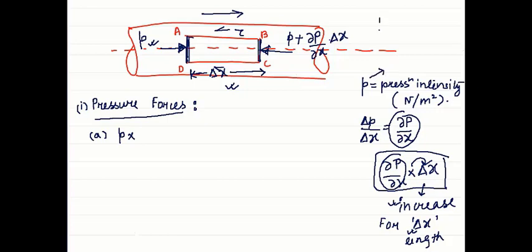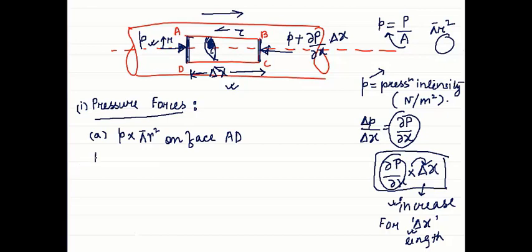When we convert pressure intensity to pressure force, we have to multiply it with the area, and for a circular pipe, we have considered an element having a radius of how much? Small r, and it is circular. What will be the area? Pi small r square, right? So what will be the pressure force? P into pi r square,